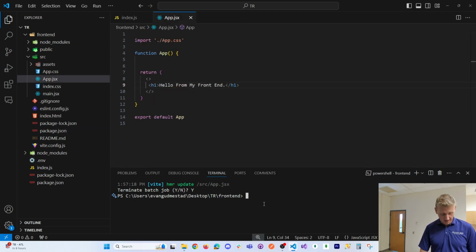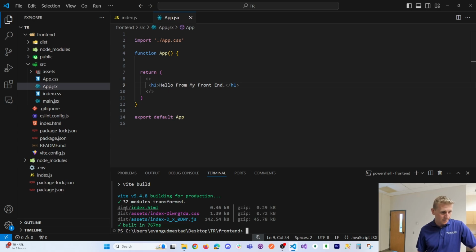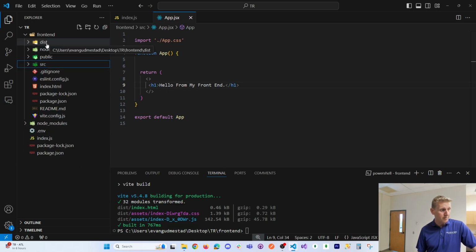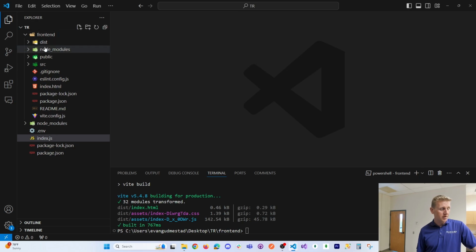So I'm going to do npm run build. You're going to see it makes this dist folder. Remember, front end / dist. This dist folder wasn't there before. So whenever you get your JSX at a place where you're ready for deployment, you can run that and get the dist